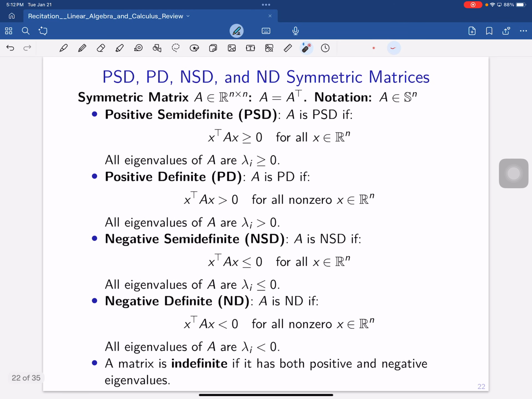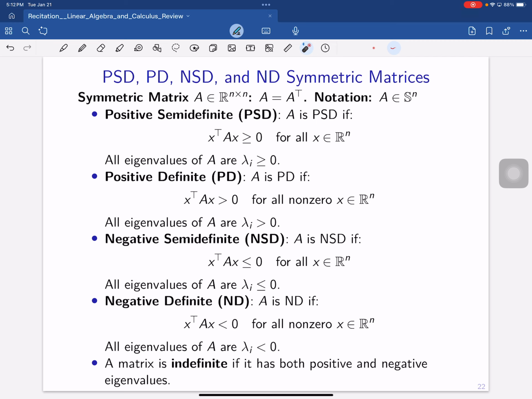Okay, and then this slide is just about definition. What does it mean by positive semi-definite? What does it mean by negative semi-definite, right? So we say a symmetric matrix A equals A transpose is called positive semi-definite if, pick any vector x in Rn, x transpose Ax must be greater than or equal to 0, right? Okay. And this property will be used in optimization when we talk about semi-definite programming, where the